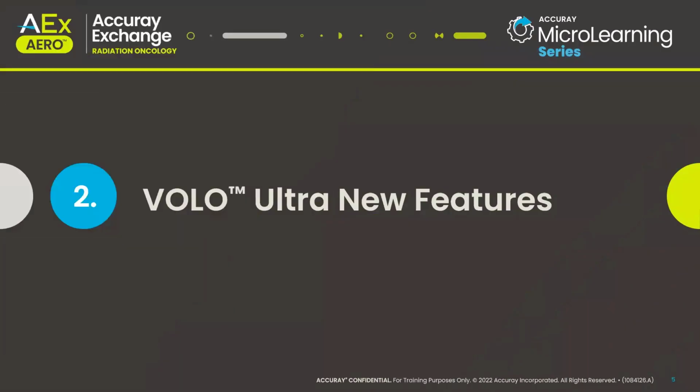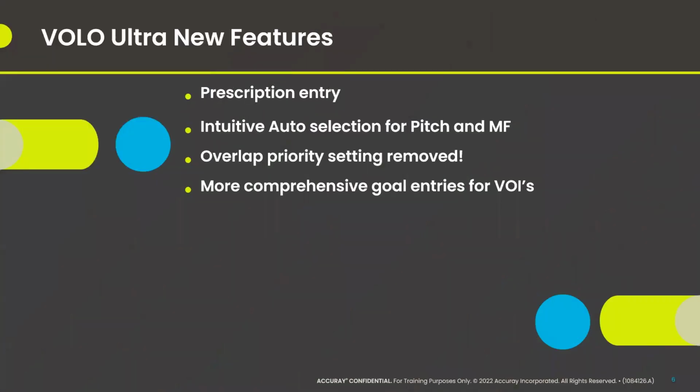So I'd like to start with looking at the new features that have been incorporated into the VOLO Ultra. So the first one being prescription entry. This will be the actual prescription recorded in the plan report. And there is now an automated option for modulation factor and pitches. This can take a lot of guesswork out of choosing that optimal pitch and give you a jump start on your plan. It's also a nice feature for planners that are new so that they can get